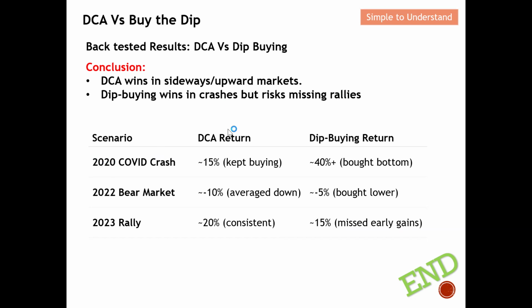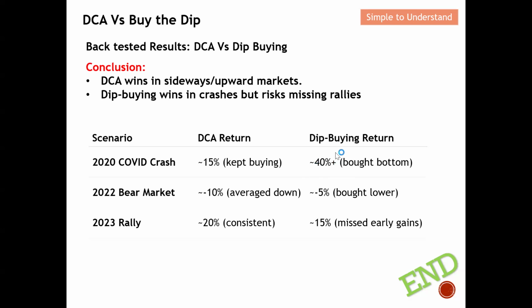Under this DCA, if you keep on buying, then you will have a 50% gain. But for the dip buying pattern here, you can see that the dip is quite obvious, and if you really bought at the bottom, then you will probably have some 40% gain. But like I mentioned earlier on, a lot of people may not be able to get this 40% in full because it is very difficult to identify the lowest point. Over here you can see that this is quite attractive.